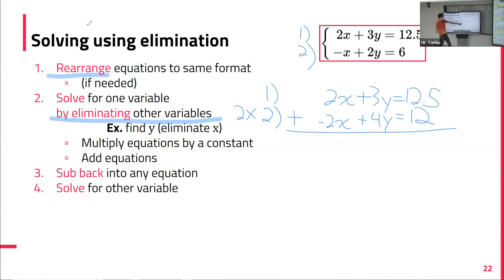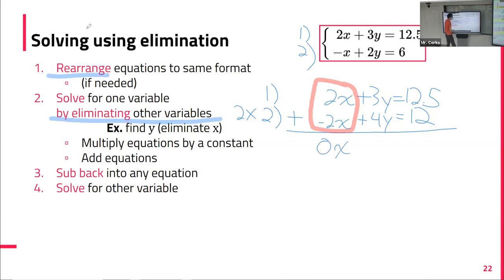Because when we add 2x and minus 2x, we will eliminate 2x. So here we have opposite signs. One's positive, one's negative. If we add, they disappear. If they were the same sign, then we would subtract to make them disappear. But we want to eliminate the x's. That's the goal. So if we just do this addition here, we don't need to write this step out, but